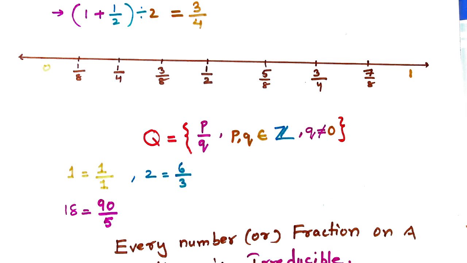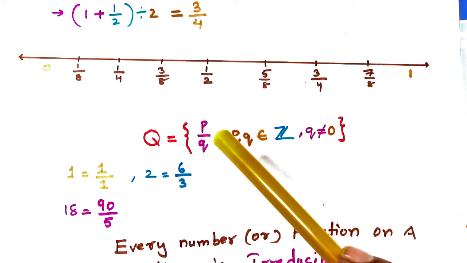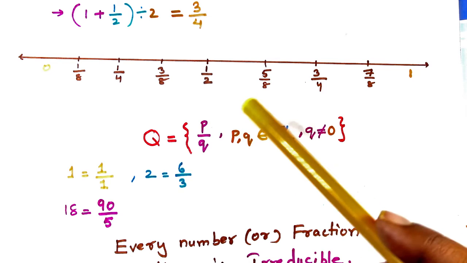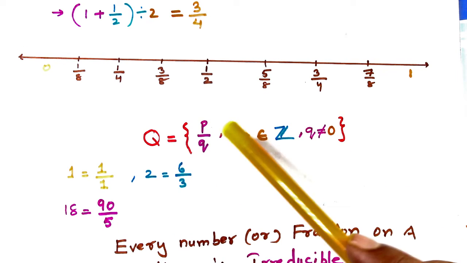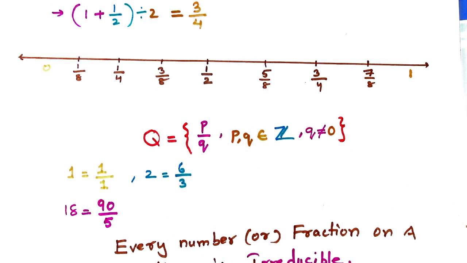So all the rational numbers, when reduced down to some fraction, give numbers where the numerator may be even and the denominator odd. Alright, so every fraction on a number line is irreducible,